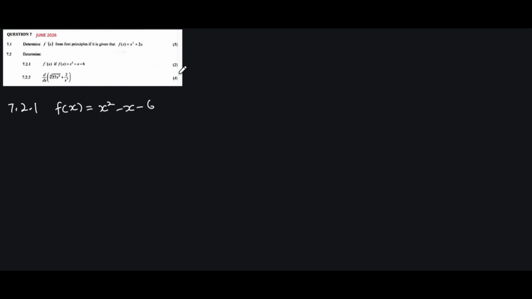So what you have to know about this, you just have to know the rules of differentiation. Like how do you differentiate an x? What do you do when you have a constant number? How do you differentiate that thing? You know, guys, so for us to differentiate this, you know that